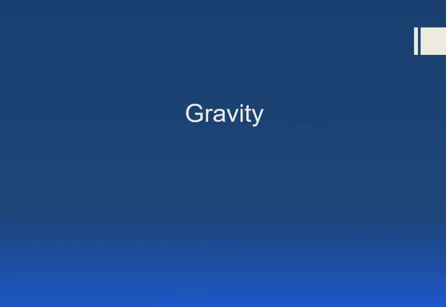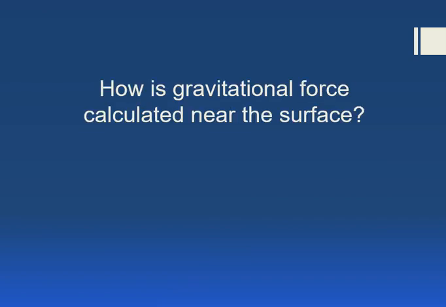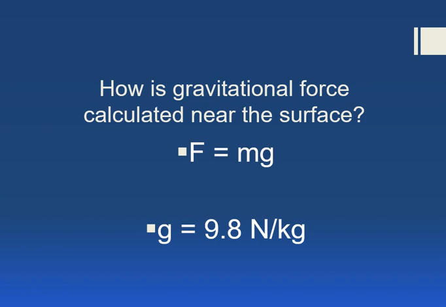All right, so today we're talking about gravity. Now, we have talked about gravity before, and when we did so, we talked about how the gravitational force was calculated near the surface of Earth. So let's just review that quickly. To calculate the gravitational force near Earth's surface, we simply use the equation: the gravitational force is equal to the mass of the object times the gravitational field strength on Earth, which we say is approximately 9.8 newtons per